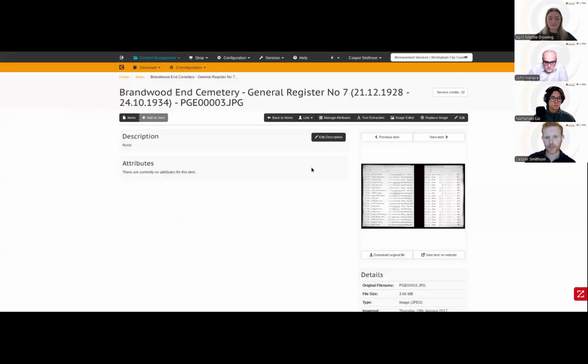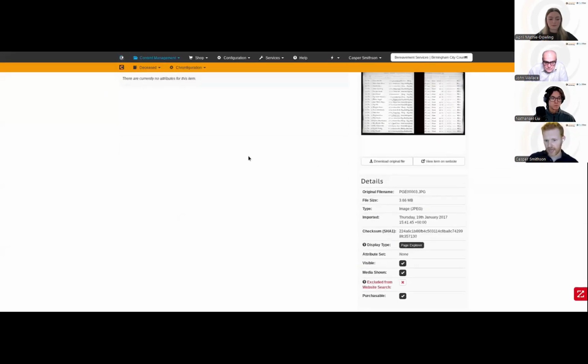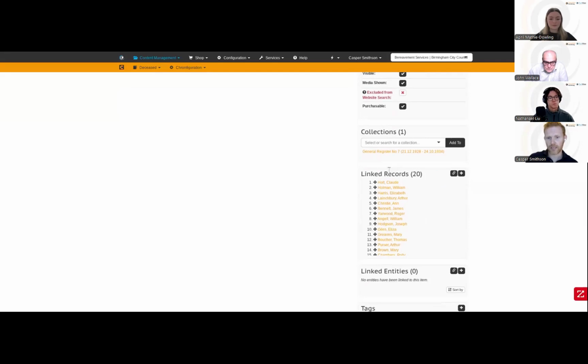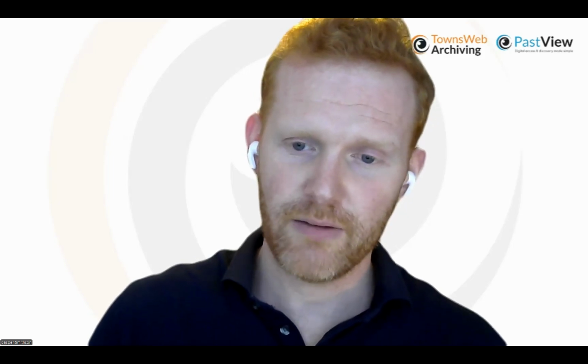In this particular case, we can see there's about 20 records within this first page of this volume. There's also been sensitive information redacted, often the purchaser's name and address and details of that nature. When we scroll down on the right-hand side, we have what's classed as linked records. These records are individuals that have been linked to that particular page within the volume.